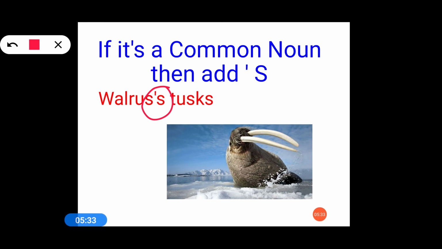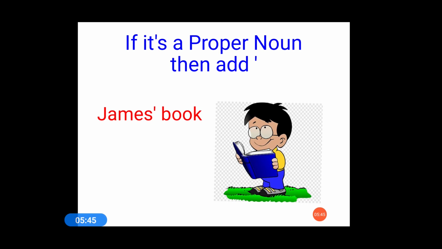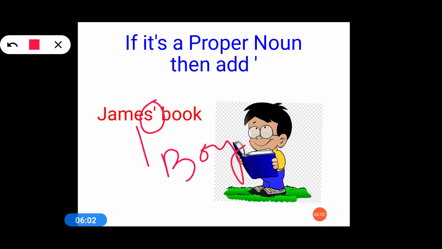So whenever you are writing an article, whenever you're writing something, just follow one rule. If for a common noun you want to show possession, use s apostrophe s, and if it is a proper noun, then what to do? Let's see. If it's a proper noun, then add just an apostrophe mark, just the apostrophe punctuation mark. For example, James. James is what? It's the name of a boy, and it's ending with what? It's ending with an s sound. But it is a proper noun. What will be the common noun for James? It will be boy. So what you have to do, if the proper noun is ending with an s sound, is just put an apostrophe over there. No need to put s after the apostrophe.